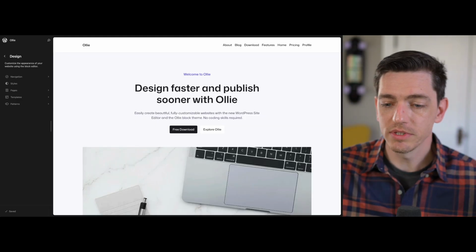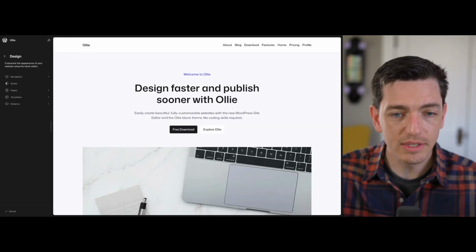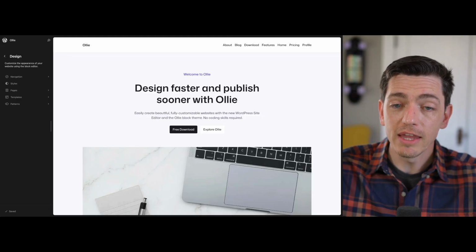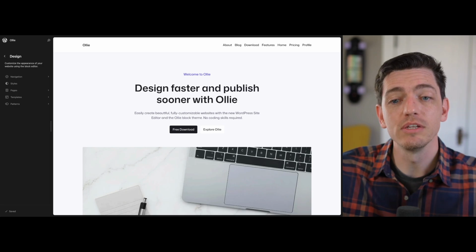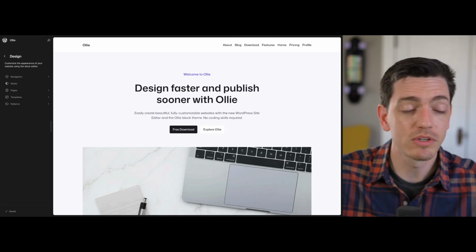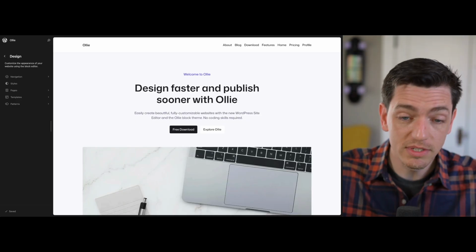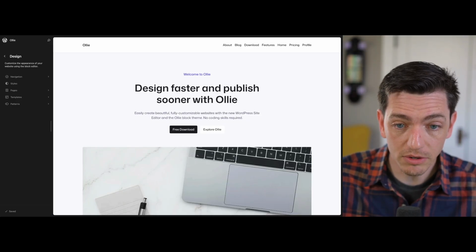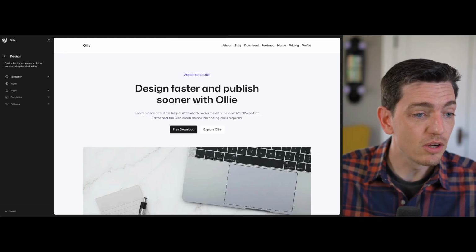And if you haven't used the WordPress site editor yet, this is kind of like the page builder built into WordPress. It's native, it's not an installed plugin. This just is how WordPress works. And I'm not going to go into depth entirely on the site editor, but as you can see here, you